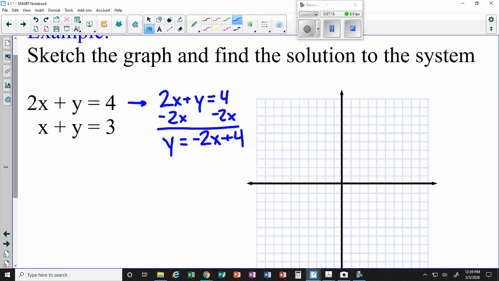So now to graph this, how am I going to start graphing that line? On the y-axis, yep. Because there's two different 4s that I could be, x or y. It's the y-intercept. 4 is the y-intercept. Okay, now,